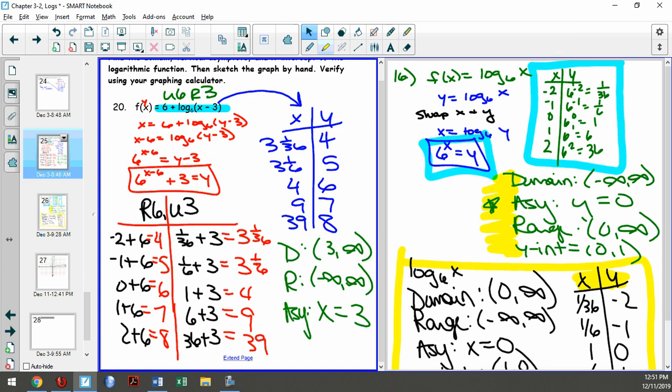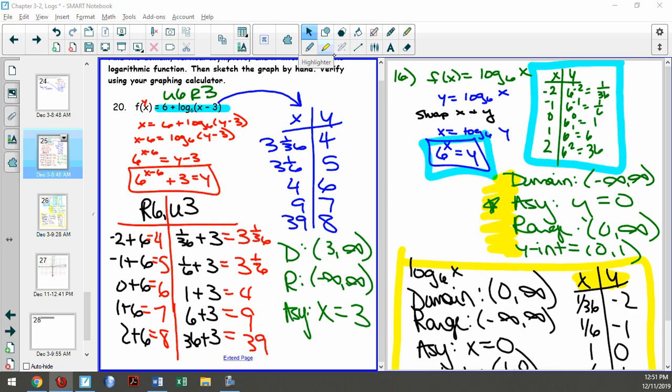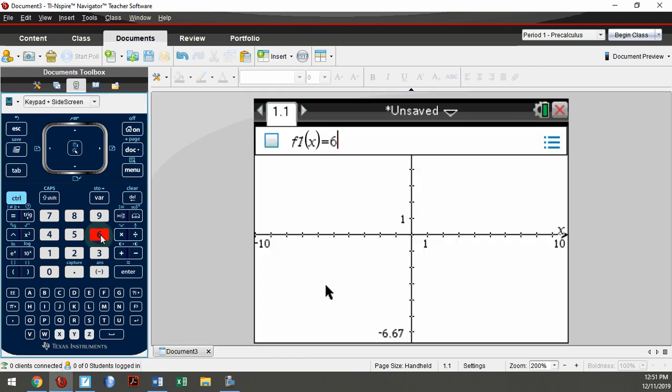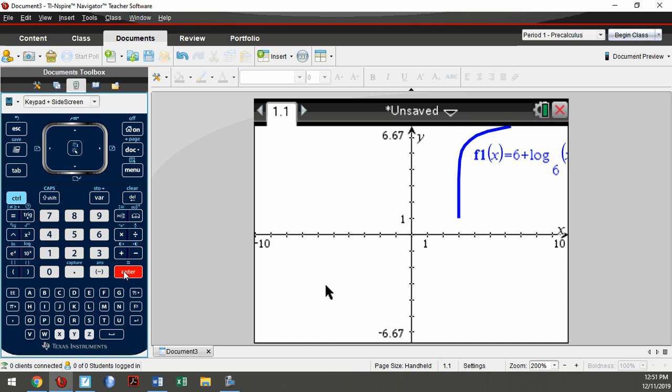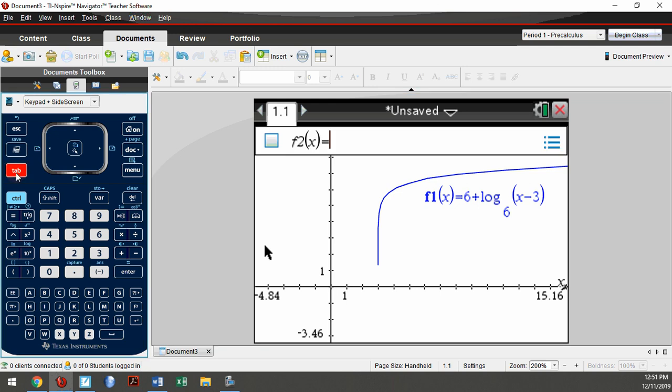Now, how can I check all of this? When in doubt, graph it out. So I am going to graph this for you. So we're going to get a graph, and that's going to be 6 plus control 10 to the x. That's a base of 6. And this is going to be x minus 3, and hit enter. There's my function. You know what I want to do? I want to check my XY table. So if I hit Control T,